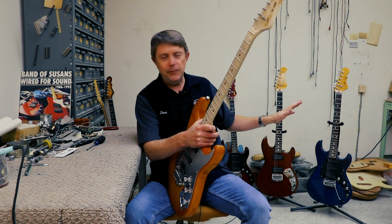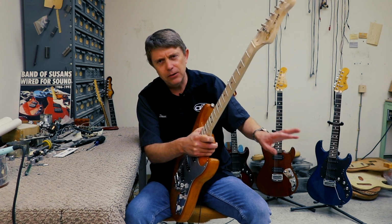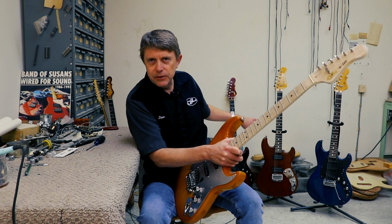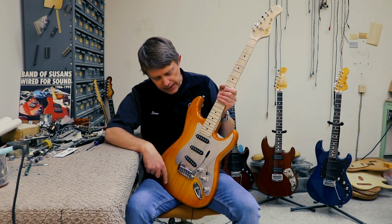Now before anybody flips out and goes, okay, there was no G&L S-500 in 1979, yes, I totally know that. It came out in 1982, and I've got a few guitars around here that I'm going to use for some examples. But just to cut to the chase of what this is, if you take our modern S-500,